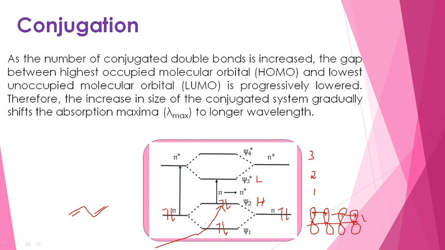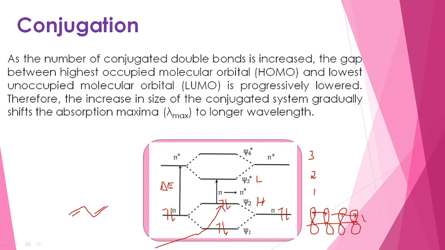So whenever the UV radiation interacts with the molecule, a psi 2 which is having the electrons can be excited to the LUMO orbital. Now you see here, before the conjugation or before the combination of ethylenic double bonds, the pi to pi star transition will have this much energy separation. So this is the energy separation delta E.